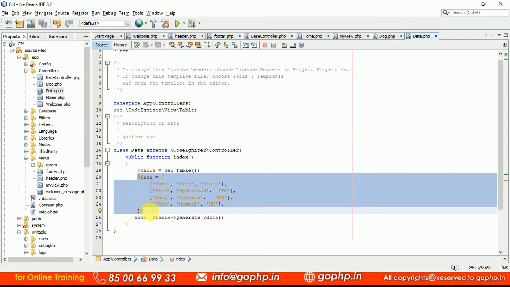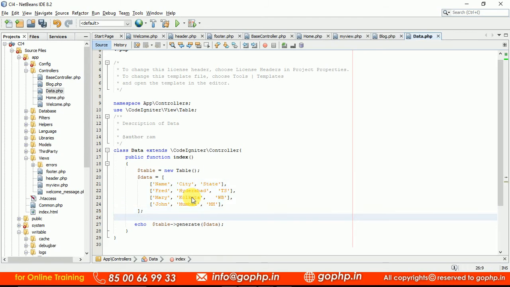We have some predefined methods here also, guys. If you want to add some classes to your table, yes, we can add classes to the table also. For example, in place of this data, if you have any database query, yes, we can pass the database query also. I'm writing it in a comment, so just check it carefully. Let us take this data equal to your db query. The database object should be created.